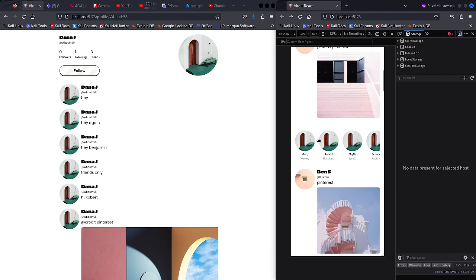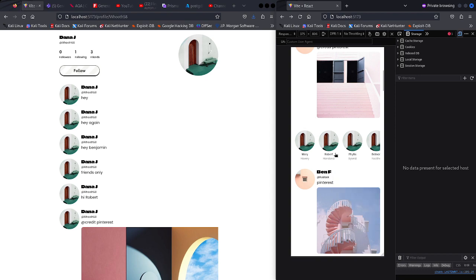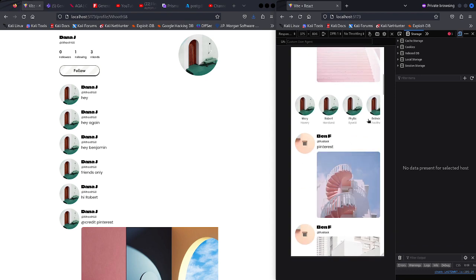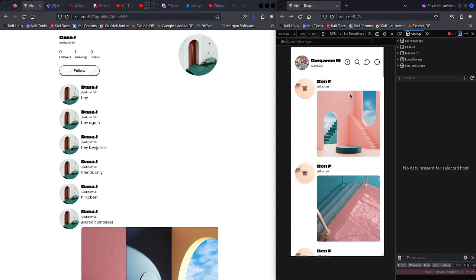We can have a look at the feed and see recommended users from the site, where we could scroll or we could click on theirs and we can follow them if we so desire. We could go back and encounter new posts which we also haven't seen,